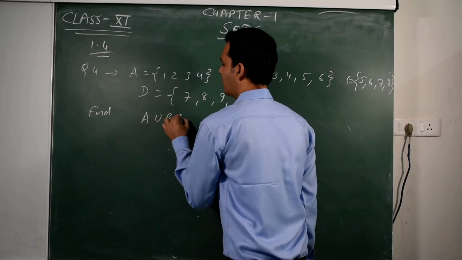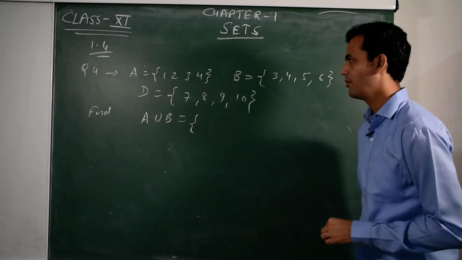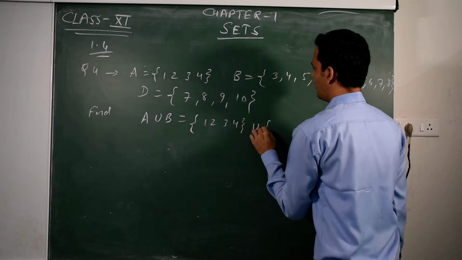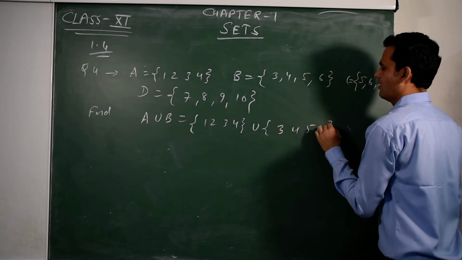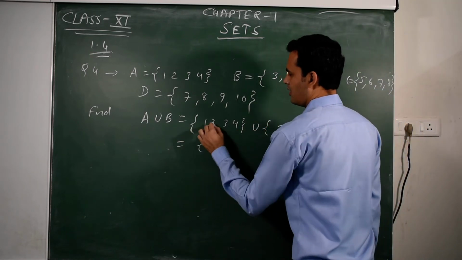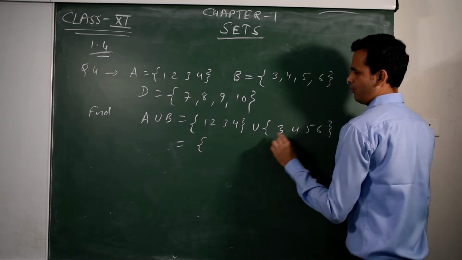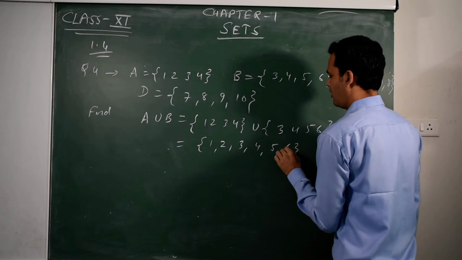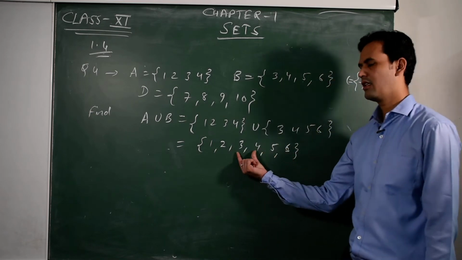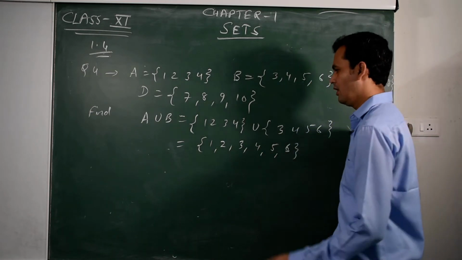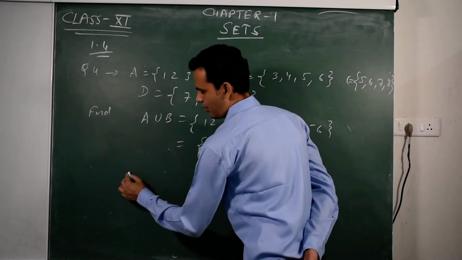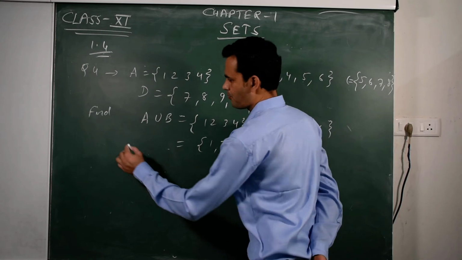first A union B. So A union B, A is 1, 2, 3, 4 union 3, 4, 5, 6. So A union B is the set 1, 2, 3, 4, 5, 6. All elements of A, all elements of B and common elements written one time. So 1, 2, 3, 4, 5, 6 is the value of A union B. Now second is